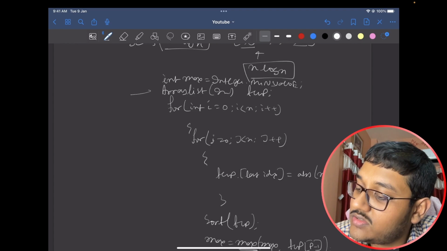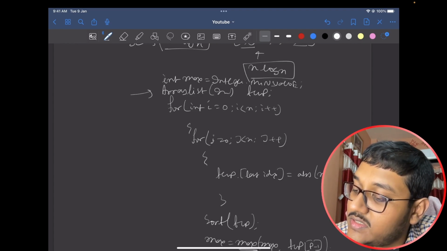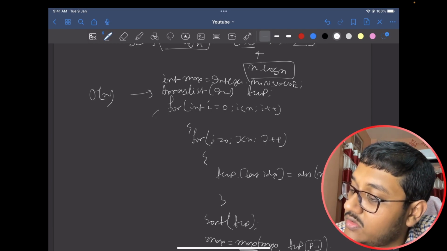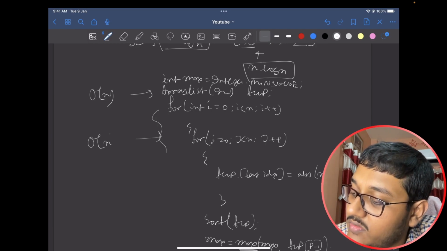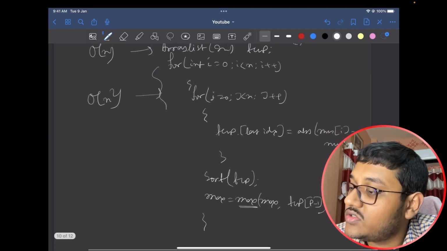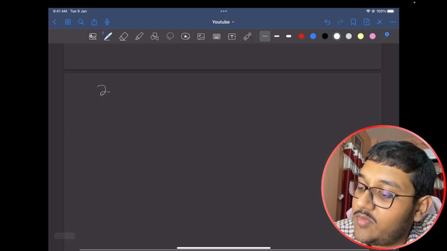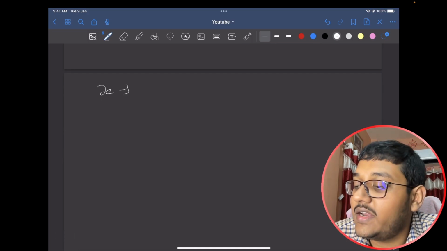Here the space complexity will be order of n, and with two for loops, the time complexity will be order of n square. So for this brute force approach, the time complexity will surely be greater than 10 to the power 8,